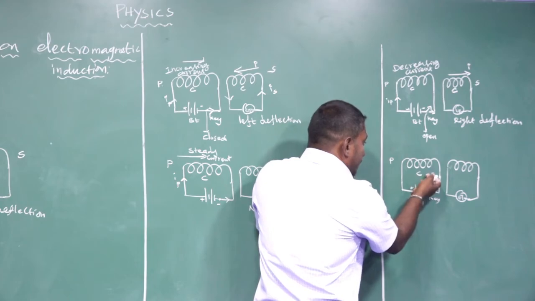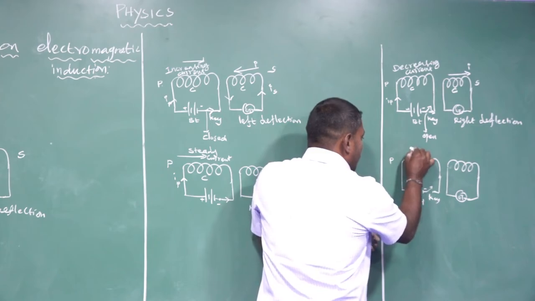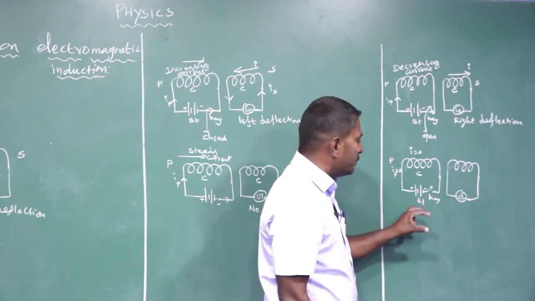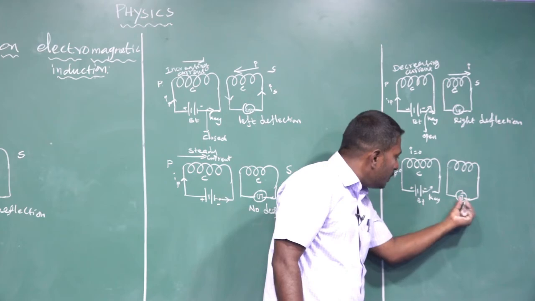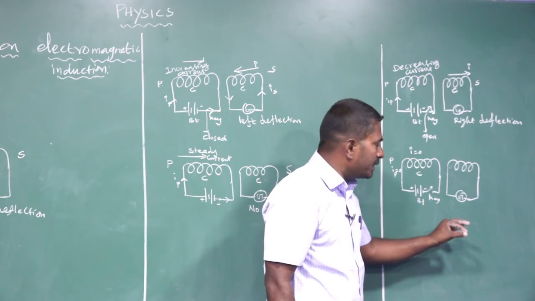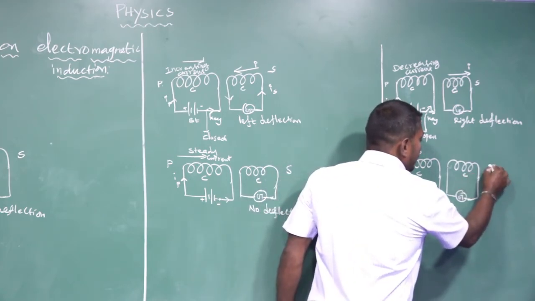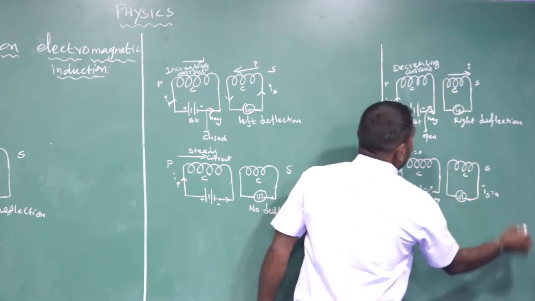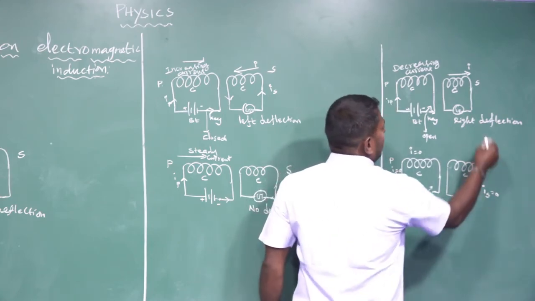Now, the electric current in the primary closed circuit reaches a zero value. I is equal to 0, which means IP is equal to 0 in the primary closed circuit. At that moment, we notice once again that the galvanometer shows zero deflection or null deflection, which indicates that no electric current is set up in the secondary closed circuit. IS is equal to 0. IS means the electric current through the secondary closed circuit.